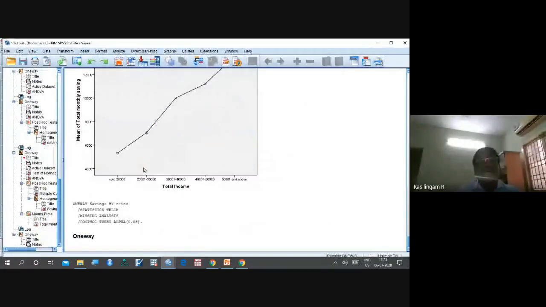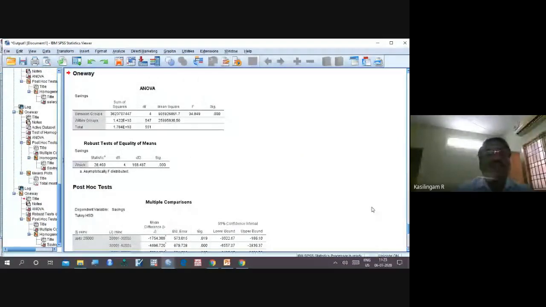I have one output. Let me read the title: robust tests. It is a robust test, irrespective of when the variances are not equal. We can use this one.